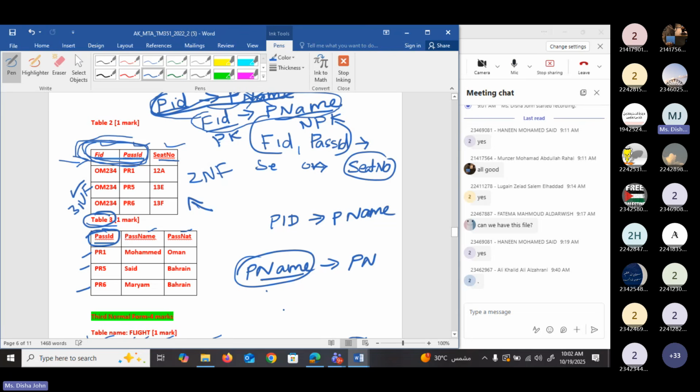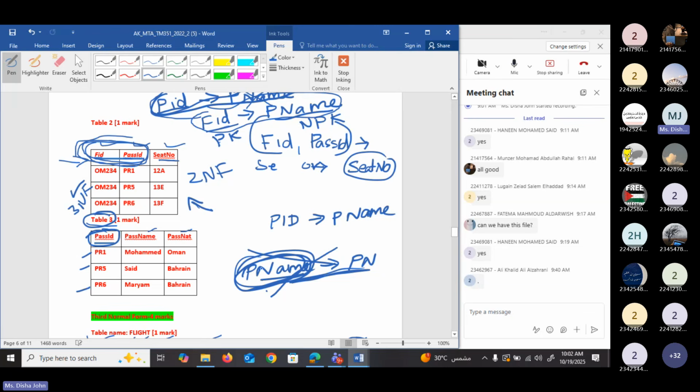Yes. Okay, so generally we will not consider a name as a key. In this case, it is not a dependency, because many persons can have the same name. So by name, we cannot determine their country, or by name, we cannot determine anything. So it is not a dependency.